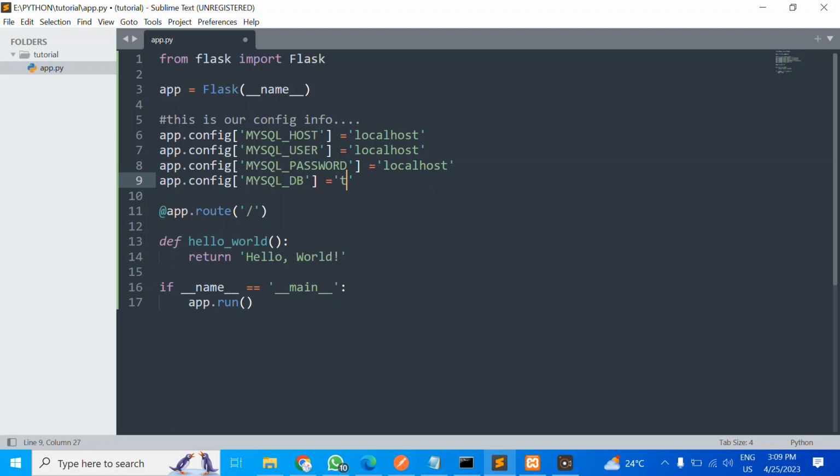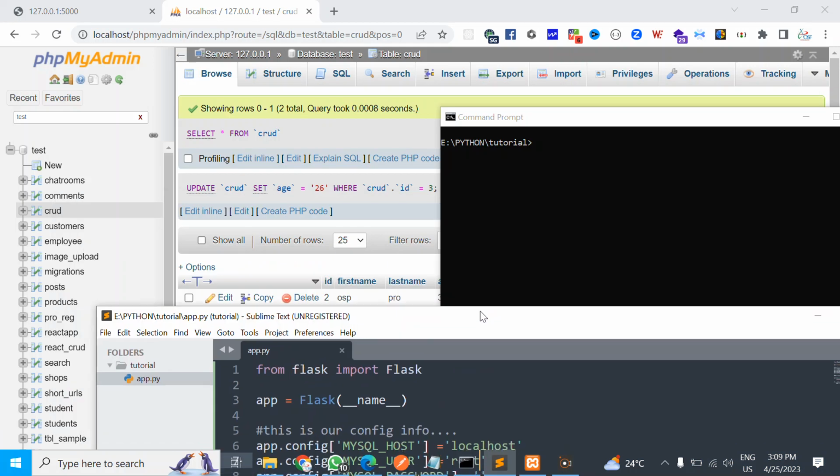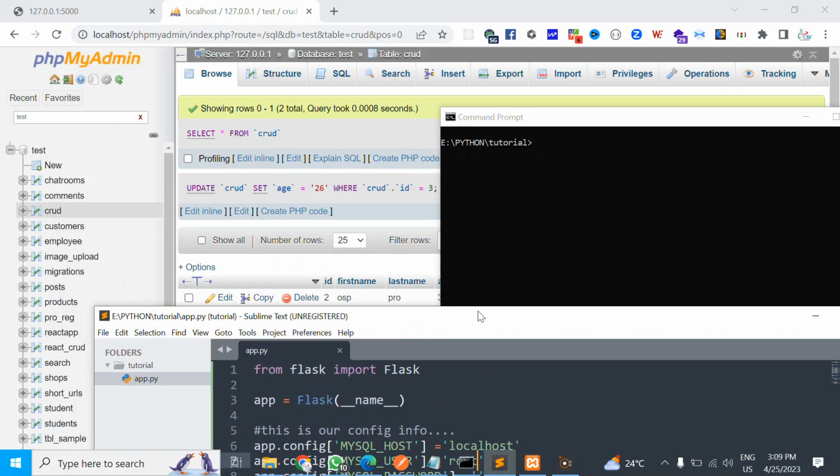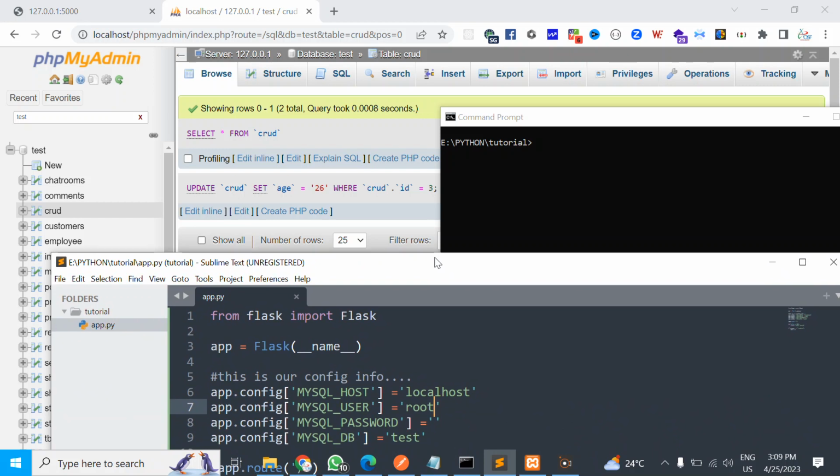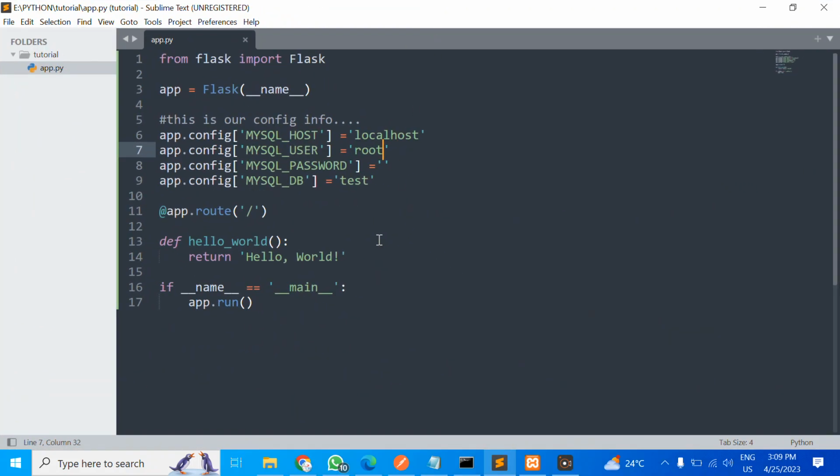So don't forget the DB name of the application is called test, password I don't have, username is called root. I hope that is very clear based on the architecture of my phpMyAdmin, which on installation I didn't change. Then the next thing that I'm going to define inside my application is from here,